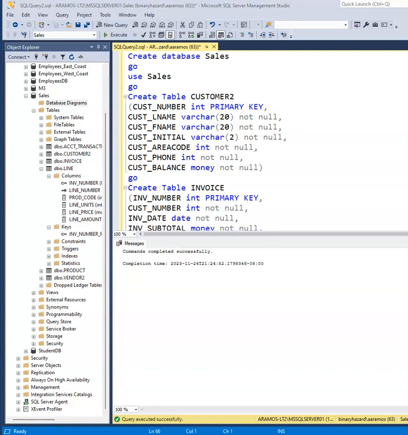Okay, so welcome back to part 3, where we're going to go over how to make a diagram to see the relationship between all the tables of this database. To do that,